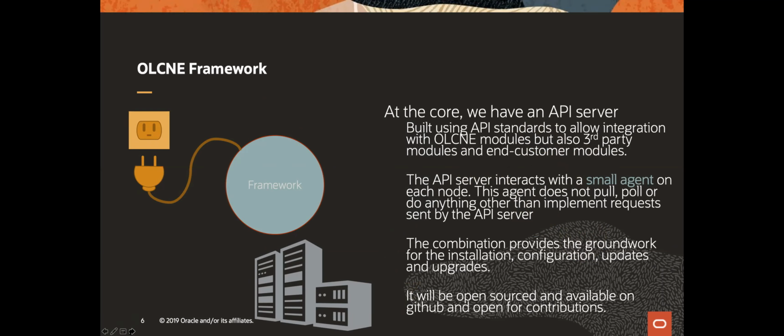So again, we have a very small agent that will operate on each node, and it does not do anything other than execute requests on behalf of the API server. So we don't do pulls or polling, anything like that. It's simply there to provide some interface for the API server to take action on the nodes that are in